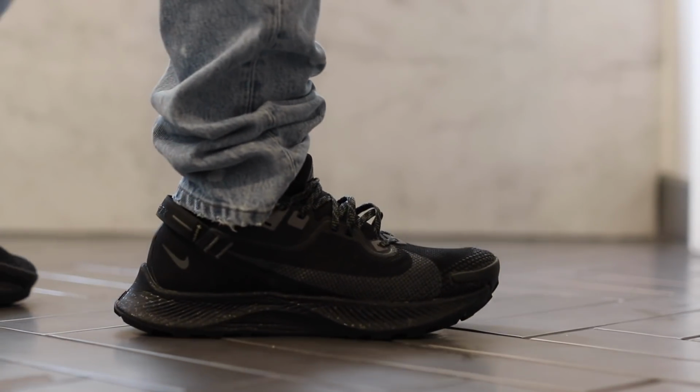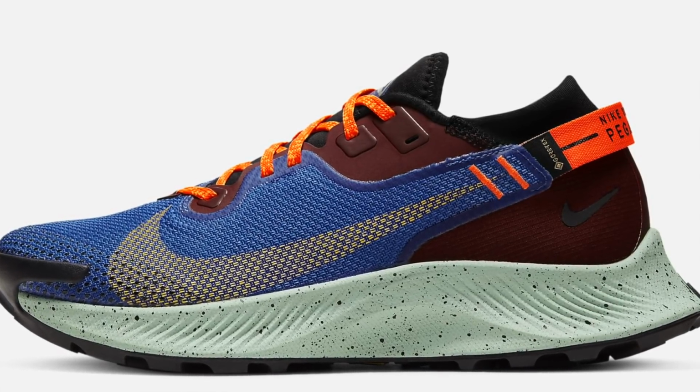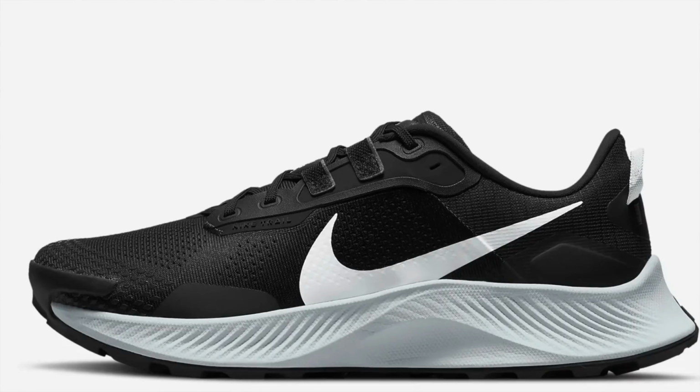The React midsole is nice and the traction is good also. The only con that I would throw out there is the heel of the shoe is a little bit weird. It sticks down a little bit low, and so sometimes when you put them on, it's kind of a little bit annoying to people. So if you'd prefer the 3rd version, it's available